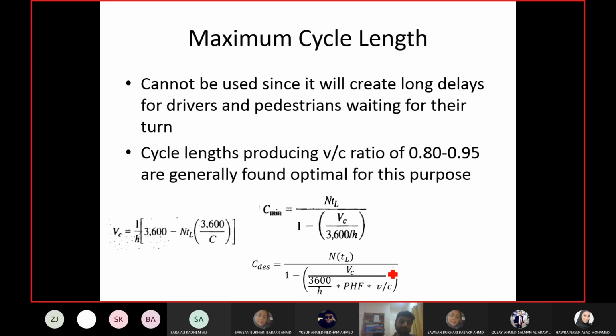Okay, and you will select the V by C ratio. So volume is divided by peak hour factor to convert to flow rate, and it is divided by V by C ratio to have a margin of safety. Okay, so after dividing VC with these two values, the cycle length which we will get will be called the desirable cycle length. C desirable, the one which we prefer. The first equation gives you the minimum, which is without any factor, but the second one gives you C desirable, which includes flow rate and factor of safety. Okay, so for the design we always use the second equation.